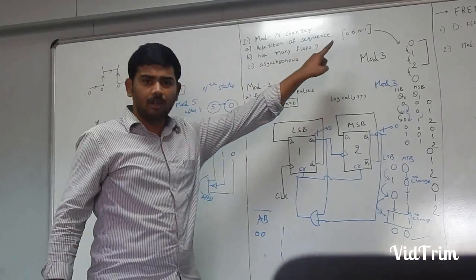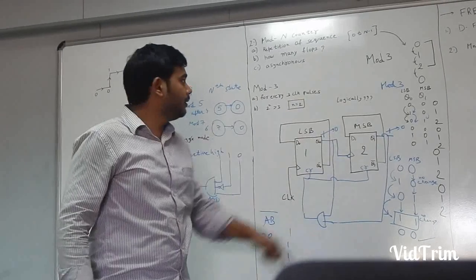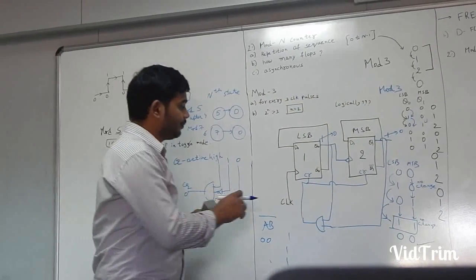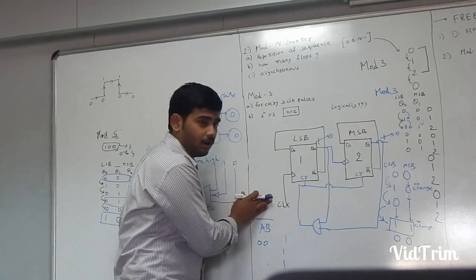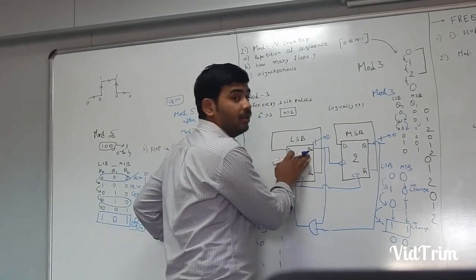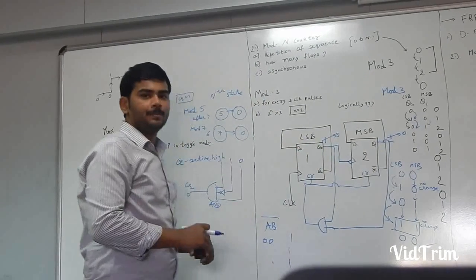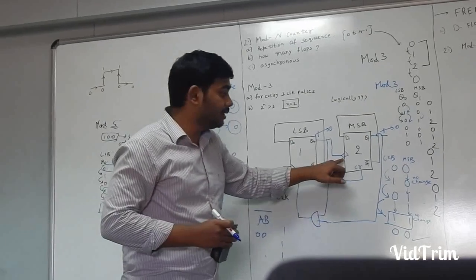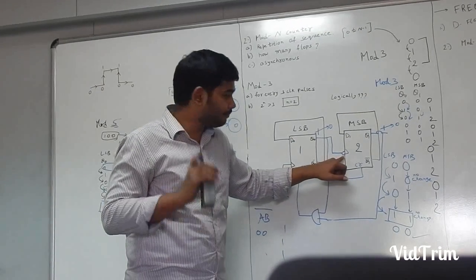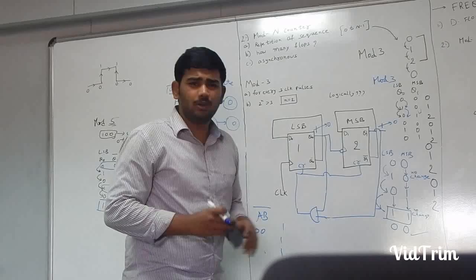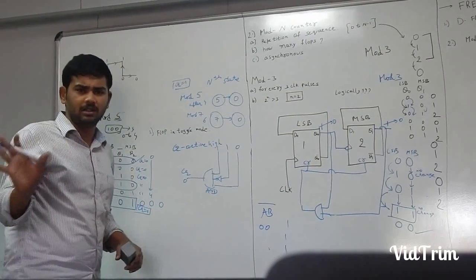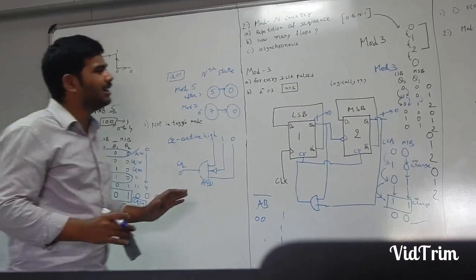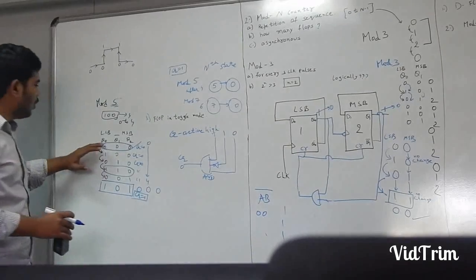It only counts from 0 to n minus 1, that's my first conclusion, and it's an asynchronous one. See, only the first clock is getting clocked and the next clock is getting clocked from the previous output. And again, don't confuse in giving positive edge or negative edge. Like I explained, you just go by truth table. You just clearly mention it. What is my MSB?